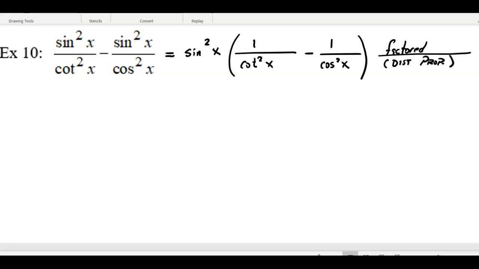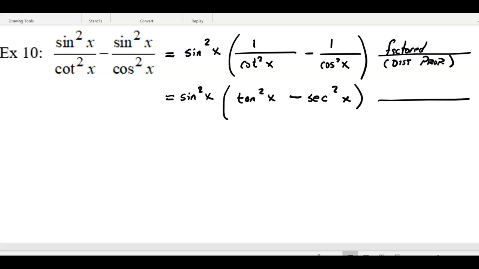All right, now I can make a substitution. I know that 1 over cotangent is tangent, so 1 over cotangent squared of x is just tangent squared of x. 1 over cosine squared of x is secant squared of x. Okay, now I used 2 different reciprocal identities. Now, I'm going to have my, what I call in the classroom, if we were in the classroom, I